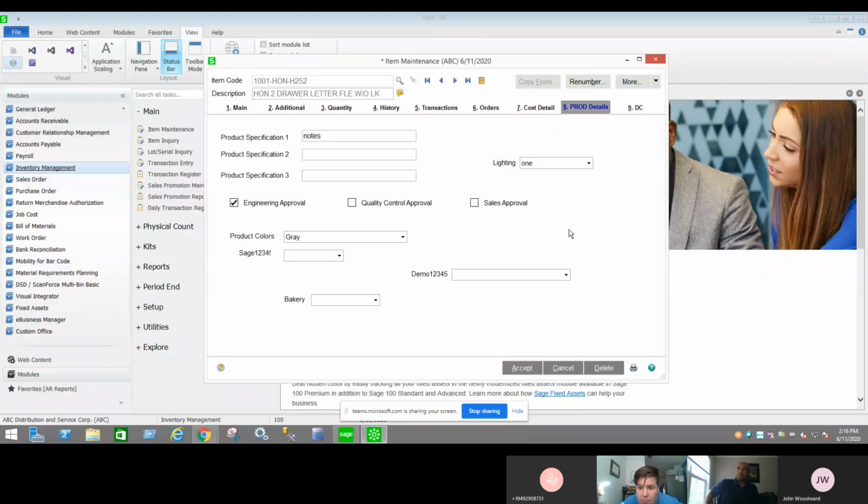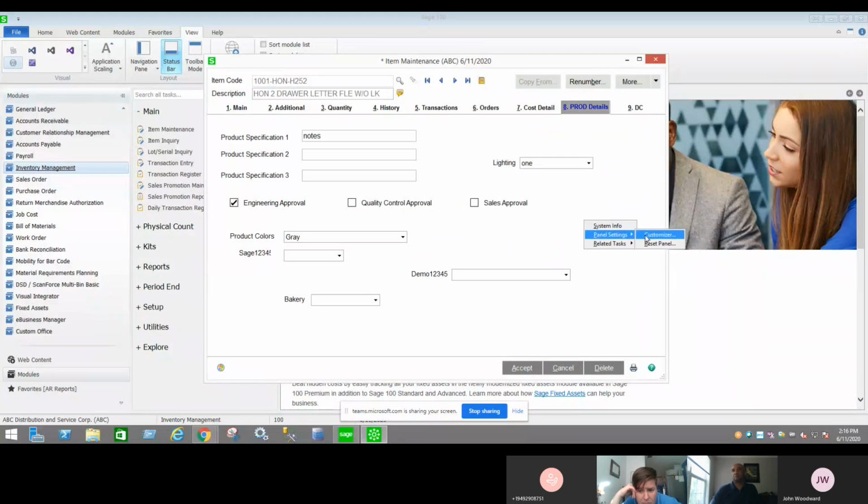So on tab number 8, what you see is an example of a custom tab where every field on this screen is one of those custom fields that I create. Product spec 1, 2, and 3, just text fields, check boxes, drop-down boxes. And let's say that I want to add the field I just created. Here's all I have to do. As long as I have permissions to access the tool, I will right-click,